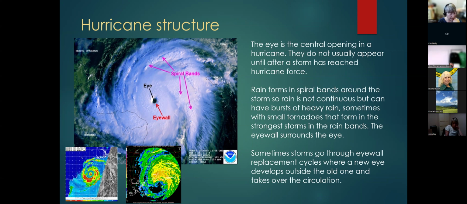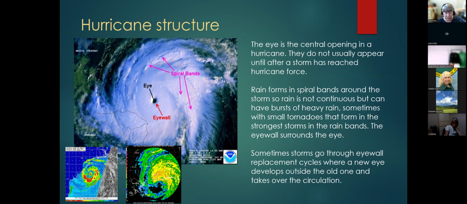There's a little picture of that on the bottom left-hand side, where you can actually see there are two concentric eye walls. So you've got this really small one in the middle, and another one starts to form on the outside of that, and eventually it kind of cuts off the circulation to the middle of the storm, and that new eye wall is larger than the old one. And sometimes it's not quite as strong, so the storm will get temporarily weaker when we go through an eye wall replacement like that. If it happens close to land, then the storm gets weaker really quickly, and sometimes the